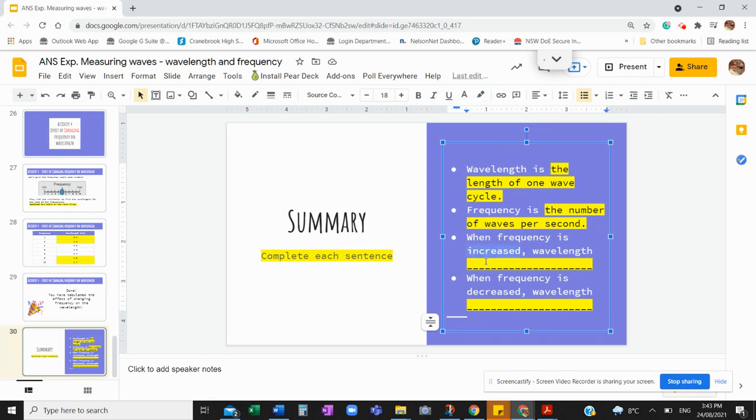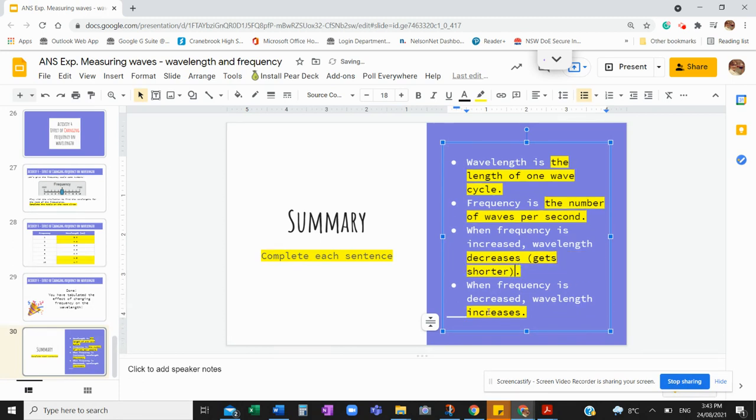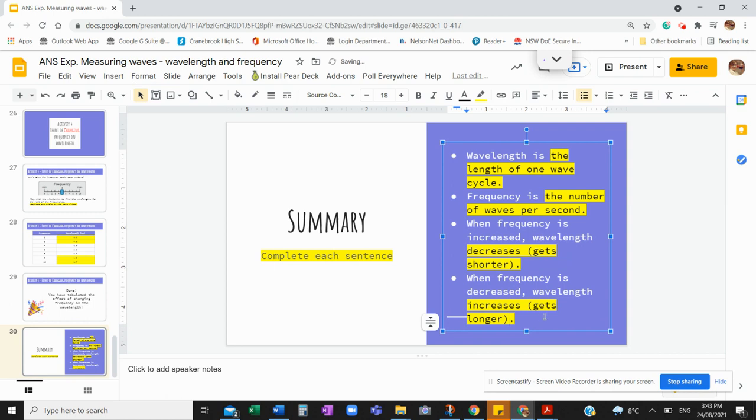So when frequency is increased, the wavelength decreases. And when frequency is decreased, wavelength increases. Okay, so wavelength gets longer, decreases, gets shorter, increases, gets longer. Okay, so what I'm going to do is upload just the answers for this activity online and the video